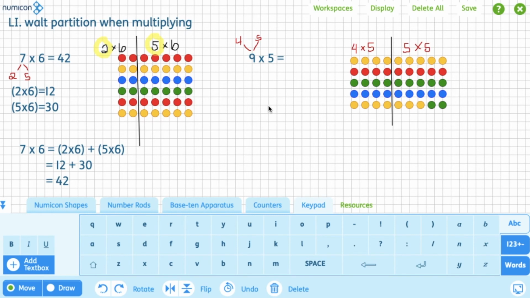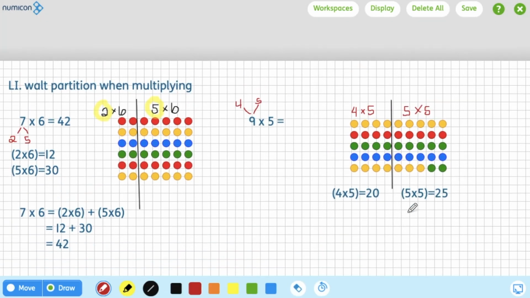Okay, so we're going to do 4 times 5 equals, so this side is equal to 20, and this side, 5 times 5, is equal to 25. Now, if I add them together, I'm adding together the 20 and the 25, and I'm going to end up with